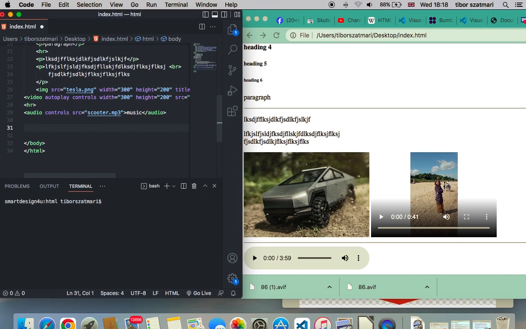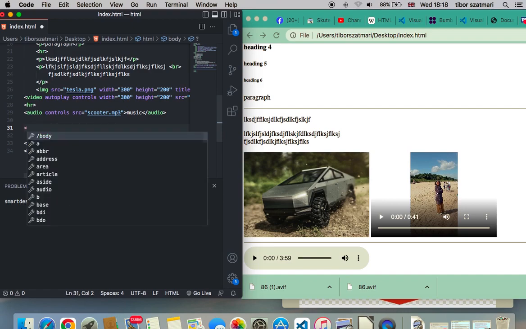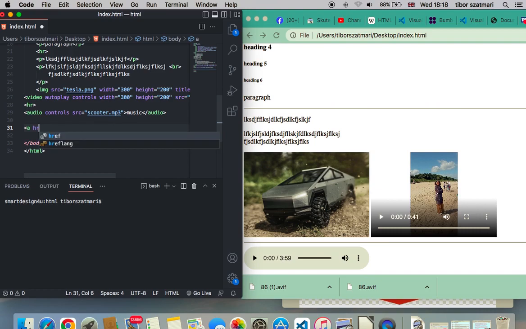With the links we use an anchor. In here we just type the address, for instance HTTPS, and we type